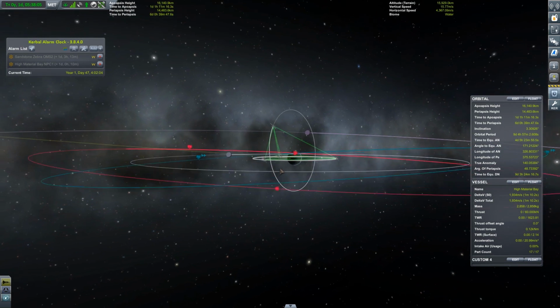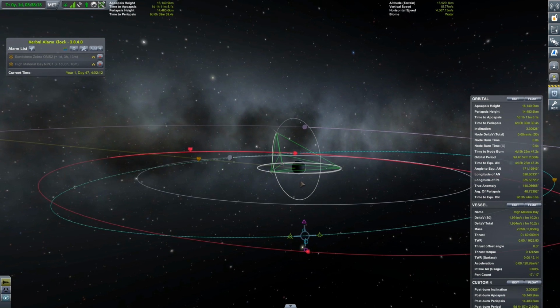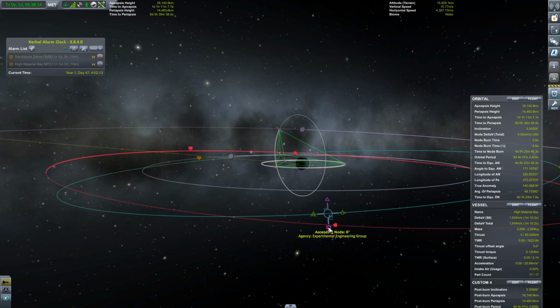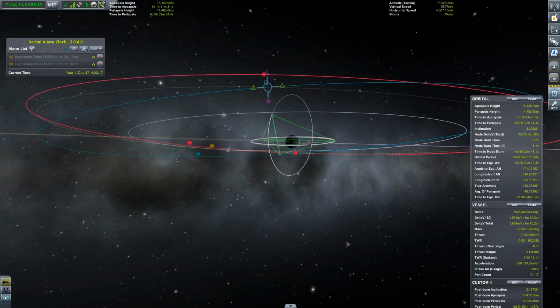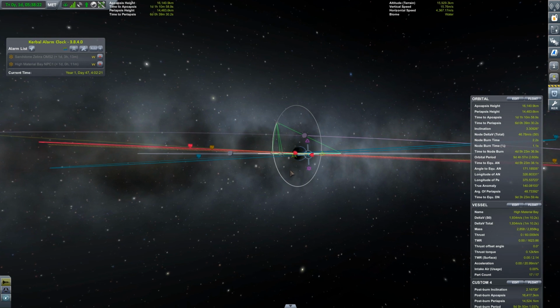So we'll put one at the ascending node, and bring it down and right into plane. And so we don't really have the opportunity to